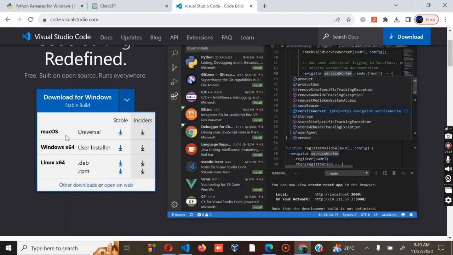For those who are using macOS, you go for either of these two. For Windows 64 bits, you go for either of the two. Then for Linux, you can download the version that you want. Currently, I'm using Windows 64, so